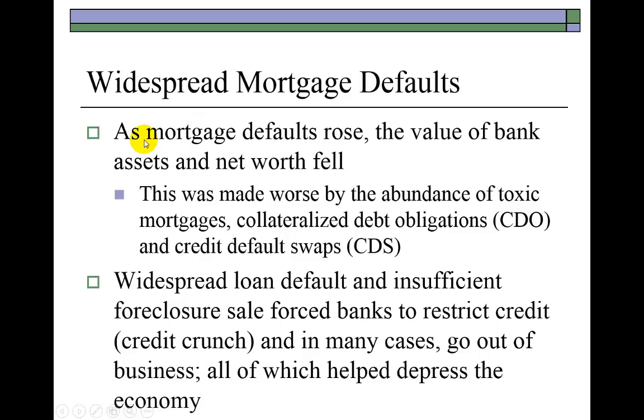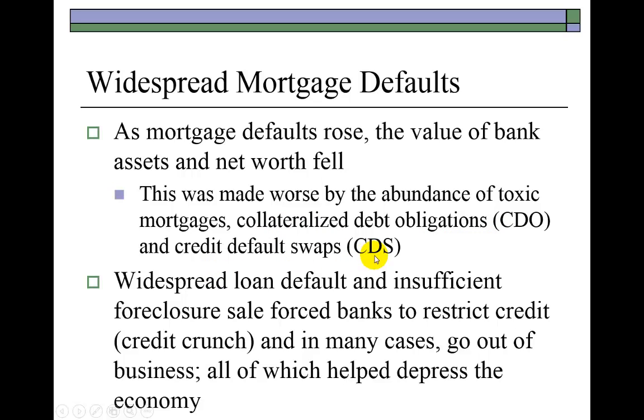I write here that as mortgage defaults rose, the value of bank assets naturally fell, as well as the net worth of those banks. And remember, a bank's net worth goes to zero when the market value of bank assets is less than the value of their liabilities, which was the situation leading up to the 2008 financial crisis. It was made worse by the abundance of toxic mortgages, mortgages that were underwater, as well as by some crazy financial products, including collateralized debt obligations and